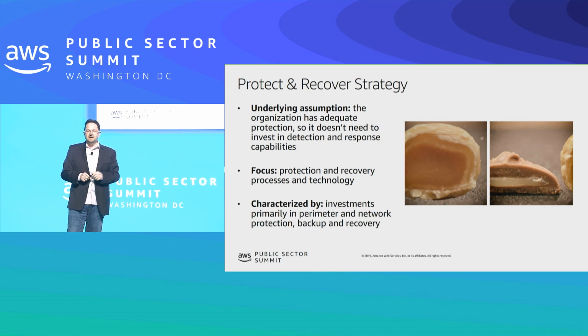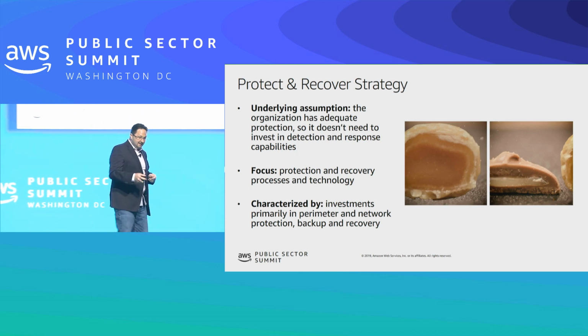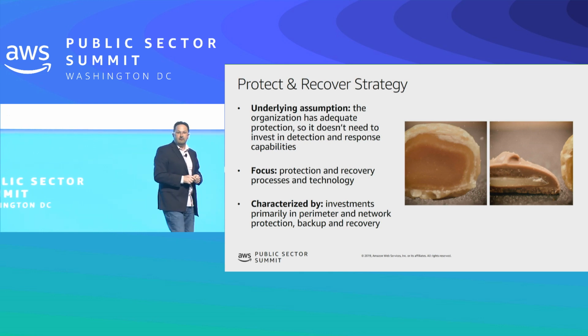Okay? And many organizations have gone down this route. Part of the reason is that they have decades of routing and switching experience and firewall management experience, and they want to leverage that expertise. That makes total sense. But this particular strategy has to be used in combination with other strategies, because if you think of those 5 ways that organizations get initially compromised, this doesn't help mitigate all 5 of those ways, does it?